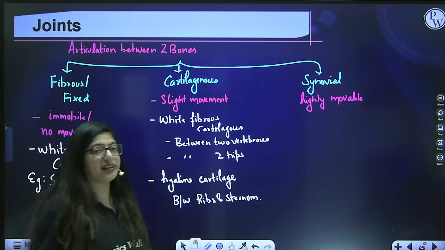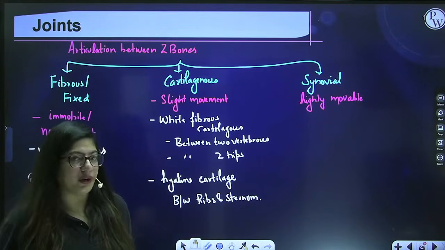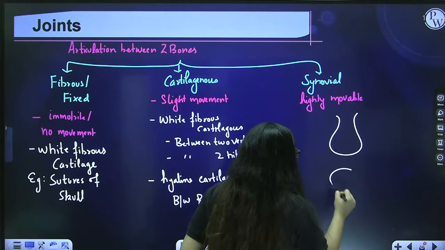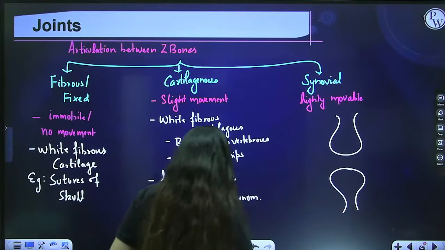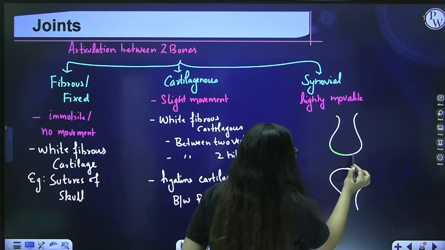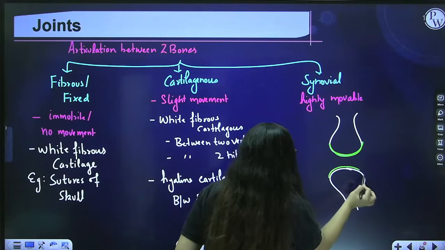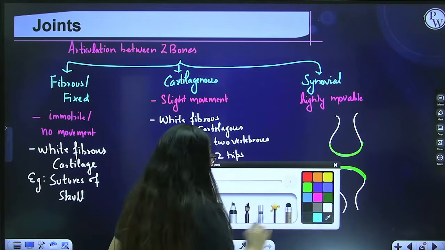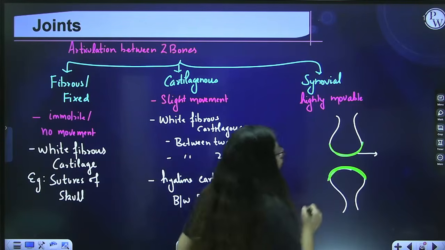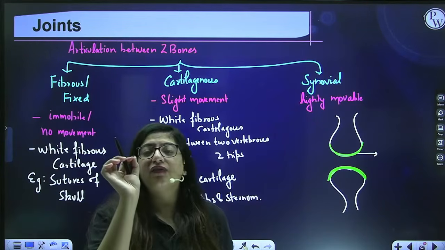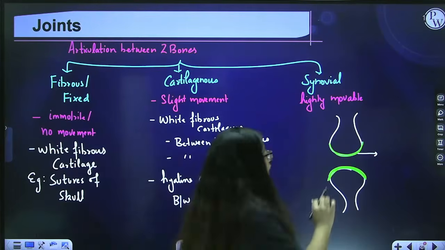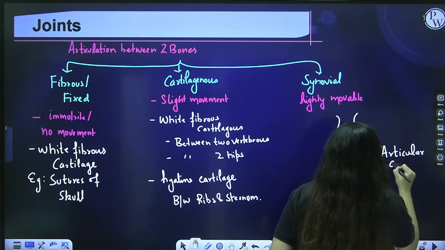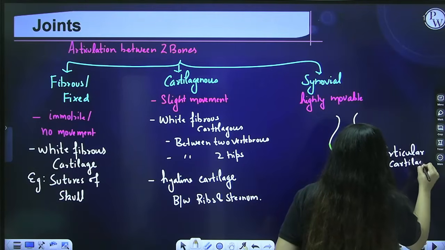Okay, then the synovial joint. How is a synovial joint formed? It's formed between two bones. Imagine these are two long bones, right? The ends of long bones are covered by articular cartilage. Why is nature doing so? Why do the bones, especially those involved with synovial joints, have the coating of articular cartilage, which is also a type of hyaline cartilage?